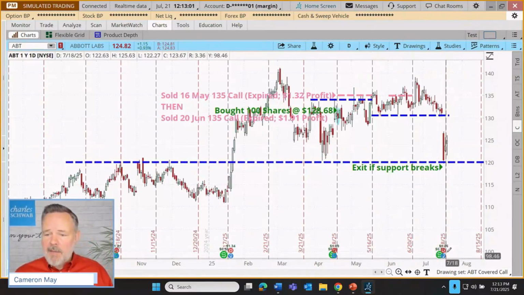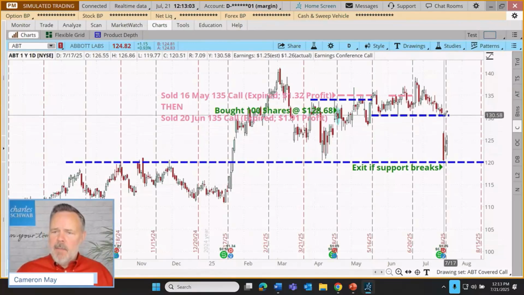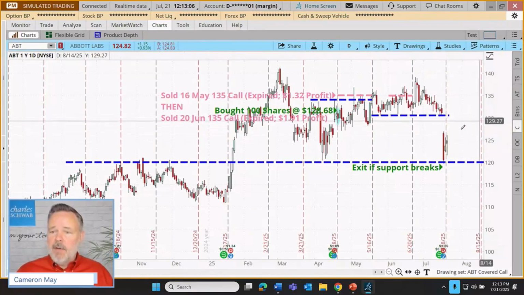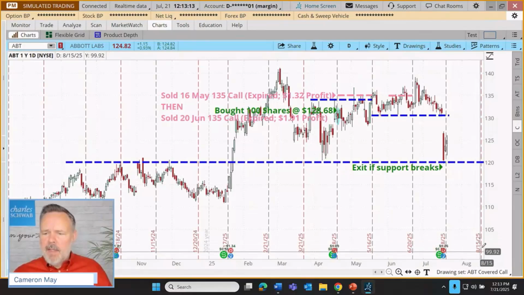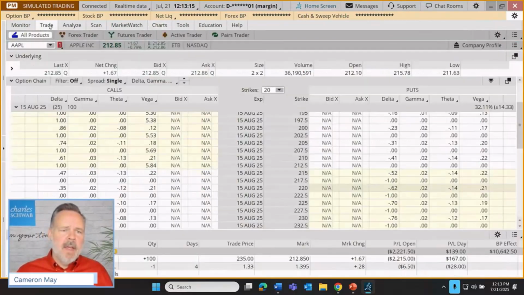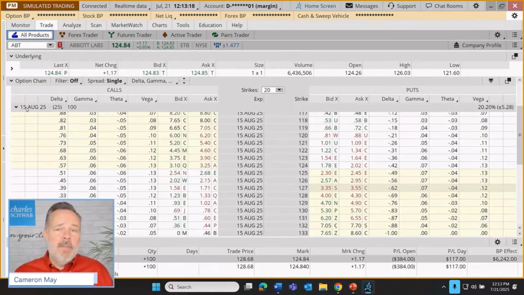In the meantime, we're past this earnings announcement, and maybe the trader might look up to this previous resistance around that 130 level. I wonder what we could get by selling a covered call up there at 130, maybe for that next August 15th expiration. Let's go out to that monthly expiration. You'll see me go to those quite frequently in this webcast series, because the traditional third Friday monthly expirations typically have a little bit better liquidity than the weeklies. There's nothing inherently wrong with weekly options, but there just tends to be better liquidity with the monthlies. Let me look at the 130.